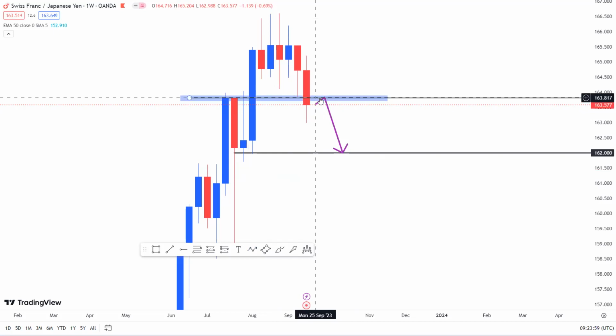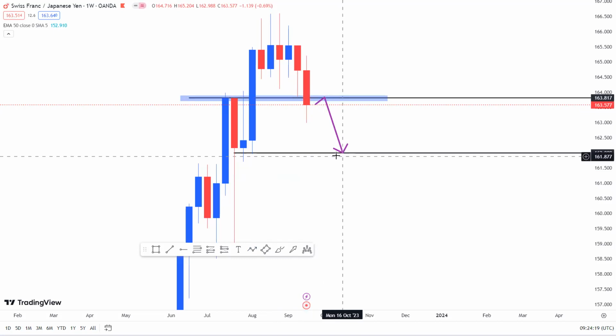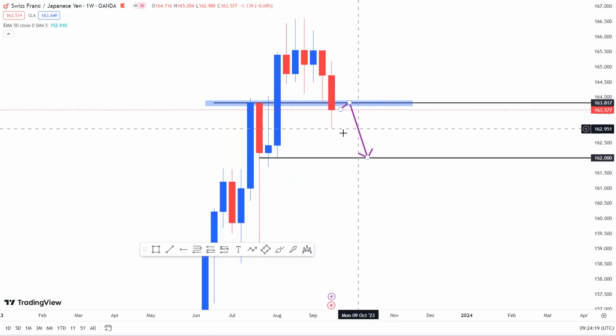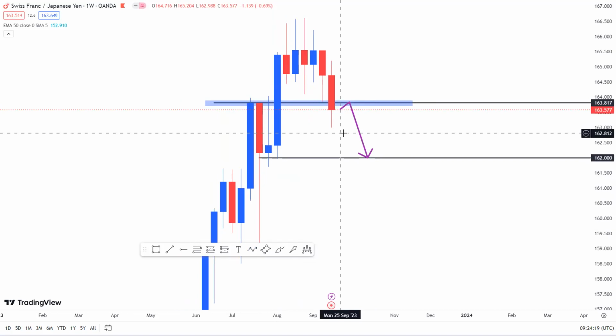I will be scaling down to the lower time frames to look for confirmation entries for shorts from this level all the way down to the 162,000 level. And now that is that for the weekly time frame. Taking this down to the daily time frame,